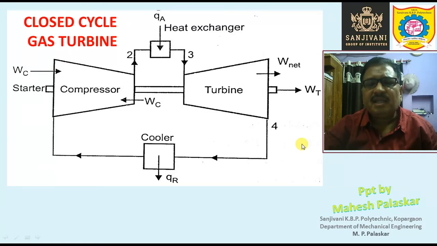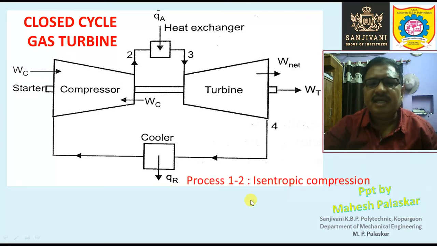So these are the various processes which take place in the closed cycle gas turbine as well as the open cycle gas turbine, but here the combustion is at constant pressure. Combustion takes place at constant pressure. It is also called continuous combustion, and the combustion is taking place continuously and gradually inside the combustion chamber. There is no explosion. The explosion takes place in the constant volume gas turbine.